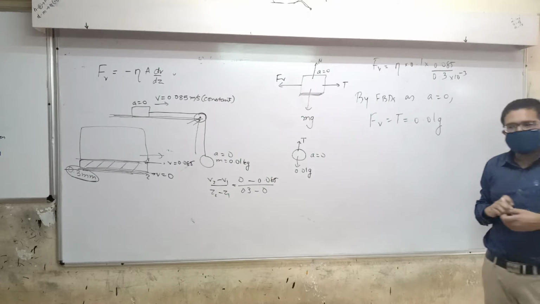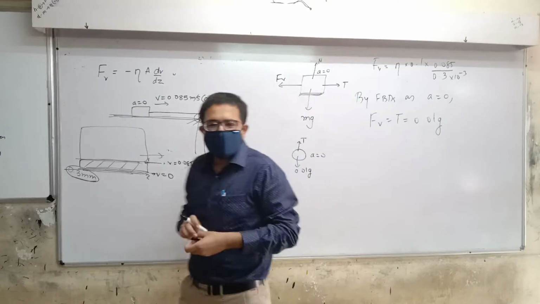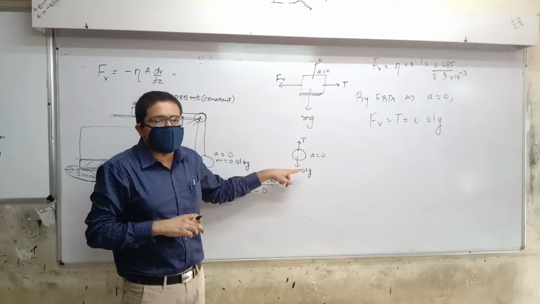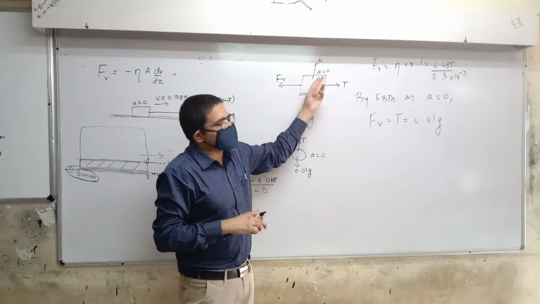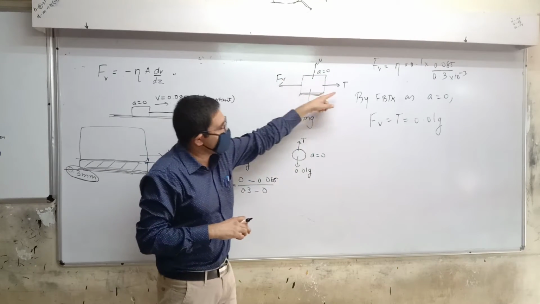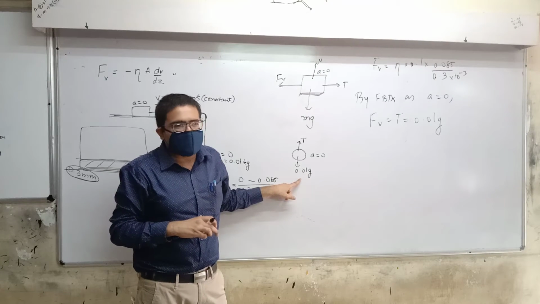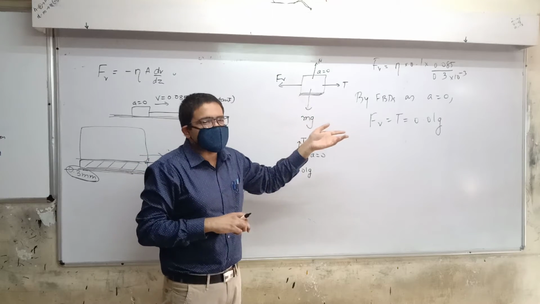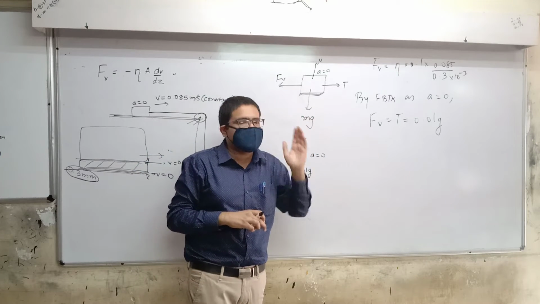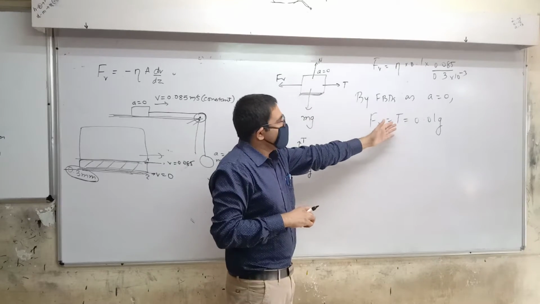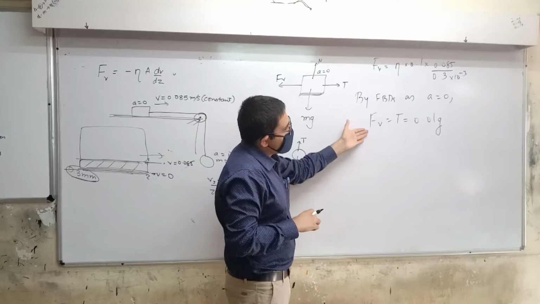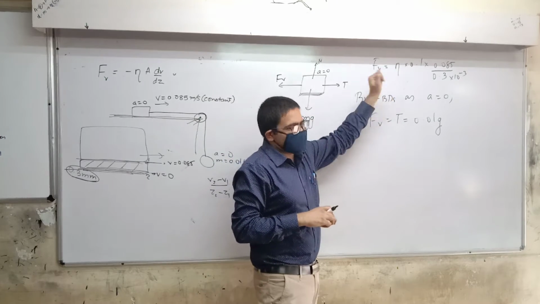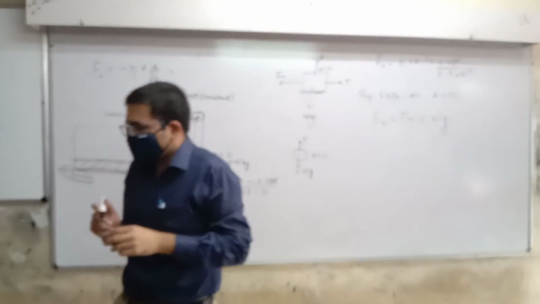Or was it too fast? It came out of nowhere. Acceleration 0, T is equal to 0.01 g. Acceleration 0, Fv is equal to T. So Fv is equal to T, which is equal to 0.01 g. Alright? Okay, second equation, second law. Sigma F external is mass into acceleration. That's what it is. Just put values and find out what we have to find: the coefficient of viscosity, that is eta. Hurry up. You have a minute.